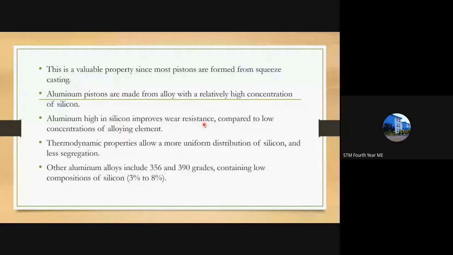So what is wear? Wearing is nothing but when metallic components are rubbed against each other, small particles of it fall off due to the movement of the parts relative to each other. So when the metallic components are rubbed against each other, small parts are scraped off from the surface of the metal. So there will be small particles present.